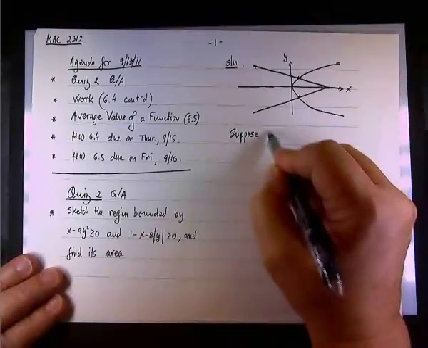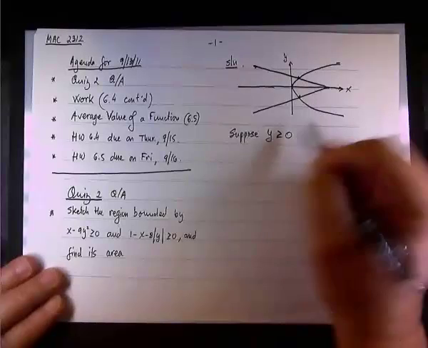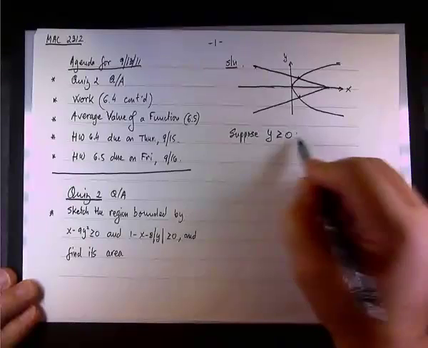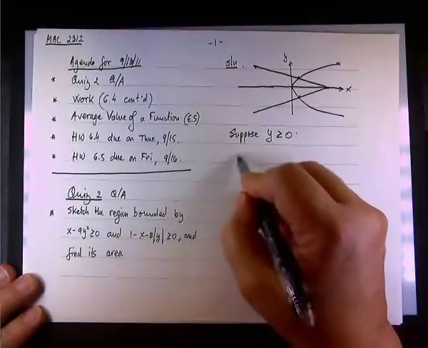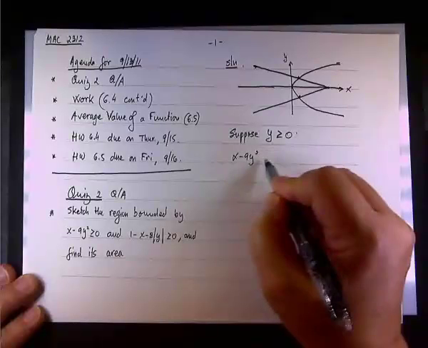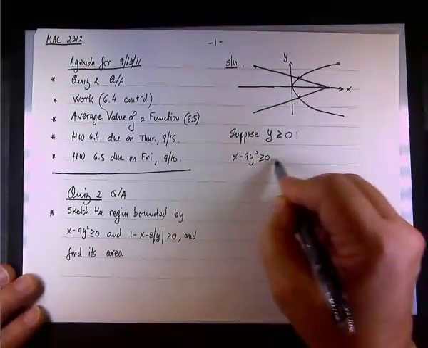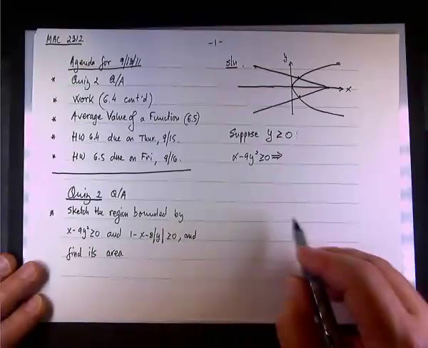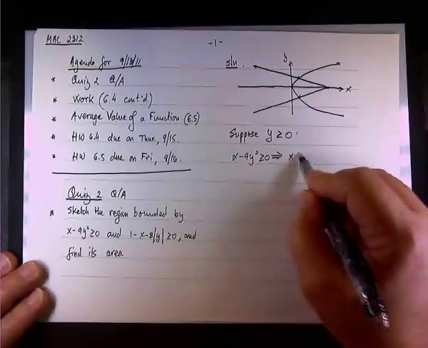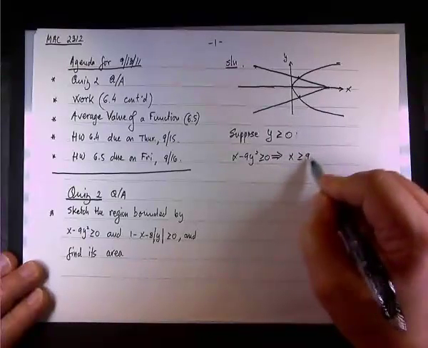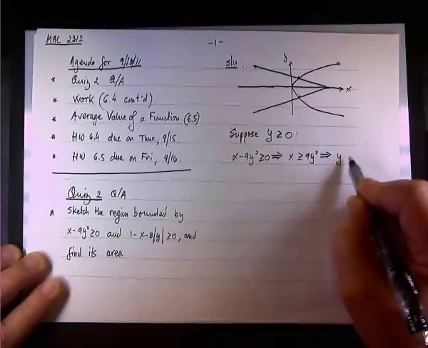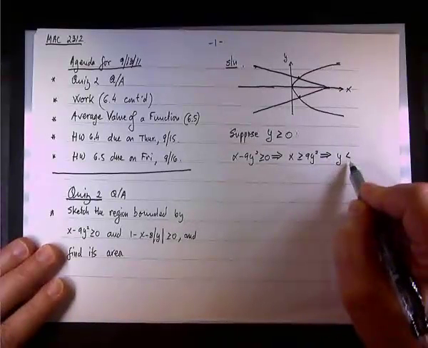So suppose y is positive, greater than or equal to 0. Now we can look at the functions. Let's look first at x minus 9y squared greater than or equal to 0. We solve for it, and you get x is greater than or equal to 9y squared. Divide by 9 and take the square root, and you end up having y